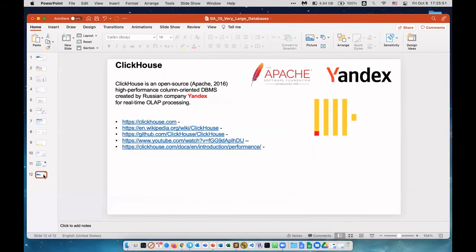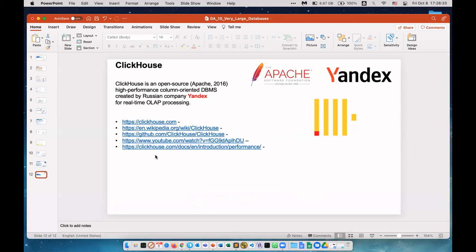Okay. And the last slide I want to say about is ClickHouse. There is a company called Yandex, which is kind of Russian Google. And they have search engines, they have Yandex Maps, they have Yandex Taxi and Yandex Stores and Yandex everything. And they created a lot of good software. For example, for machine learning, I know they created a boost algorithm called CatBoost. And for database, they created ClickHouse, which has some record-breaking performance.